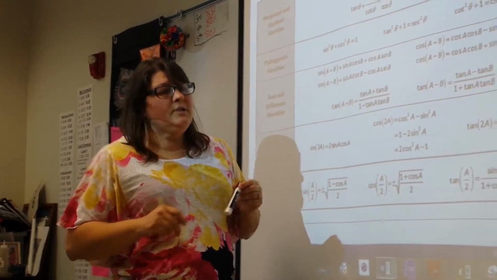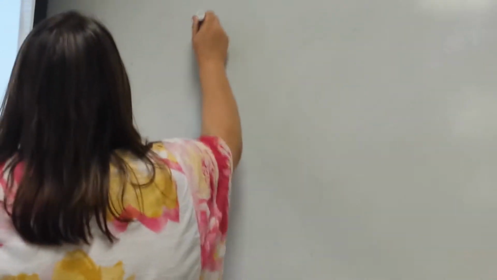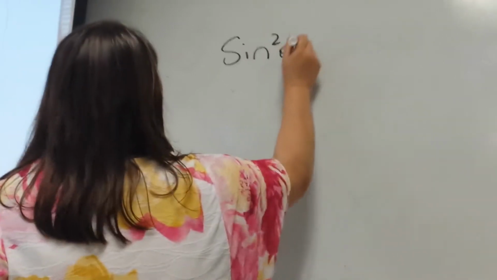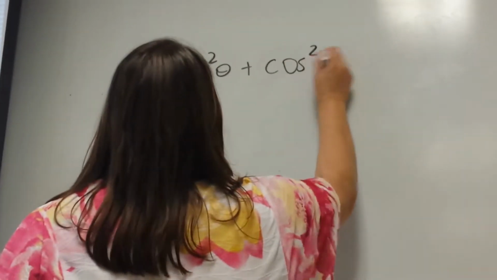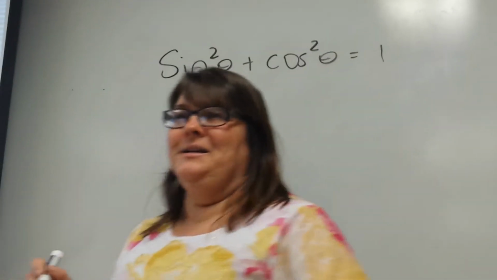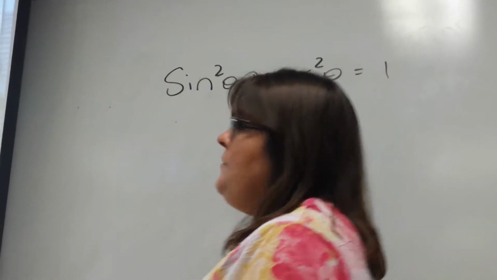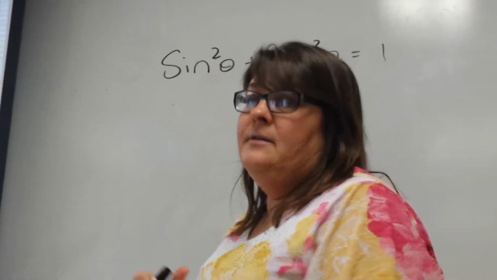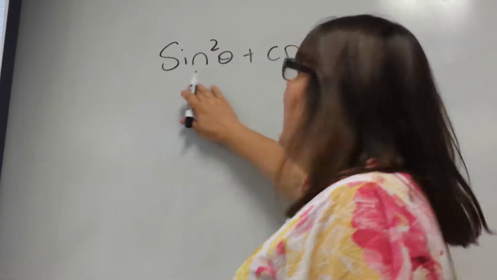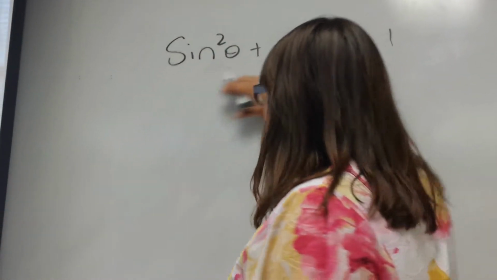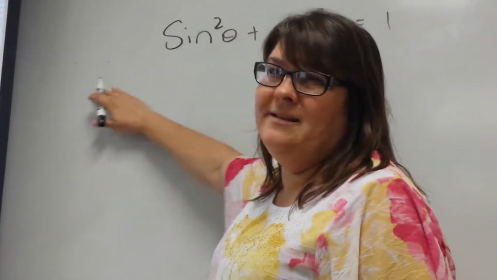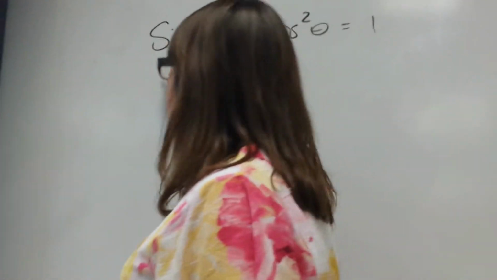When I'm looking to rewrite them, a lot of times people recognize sine squared plus cosine squared with no problem. They get kind of excited, like, oh, that's cool, it's 1, because I see it. But what they don't see is variations of that. So what I'm saying is I want to see how many different ways I can write these three items where they all mean the same thing. So the first example I would say